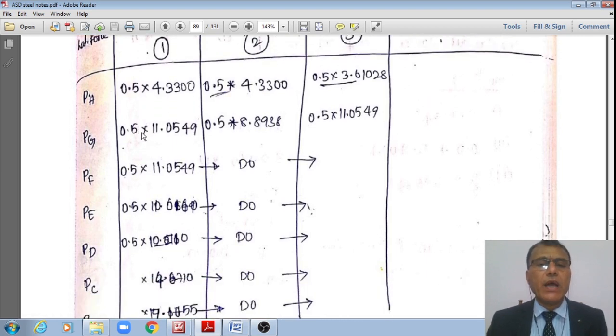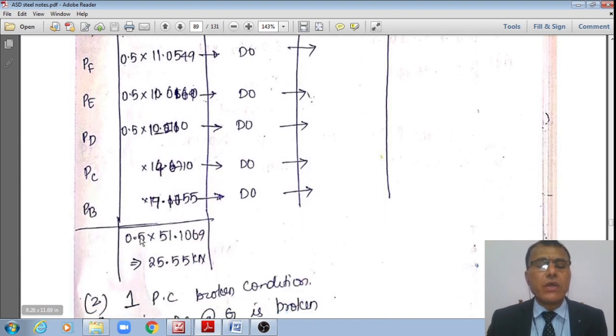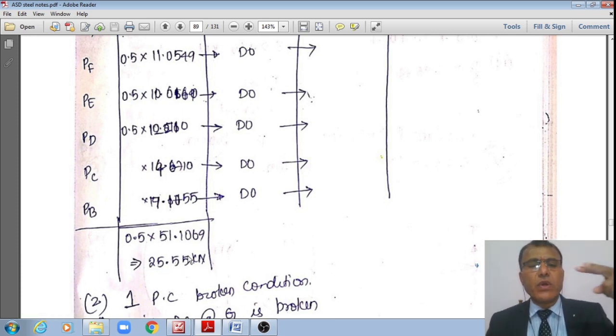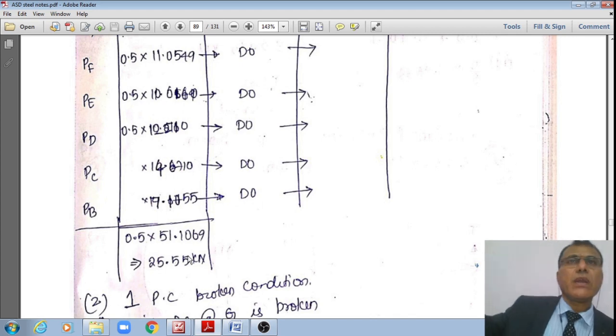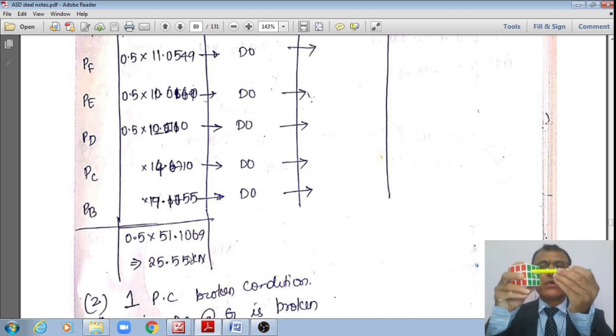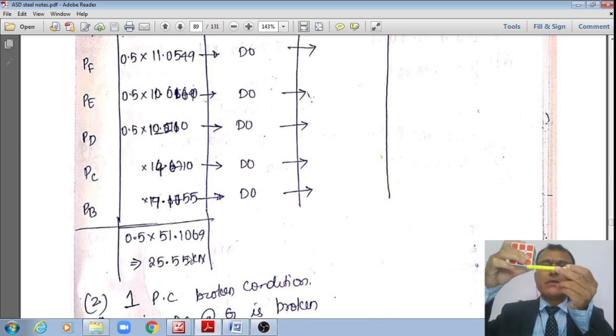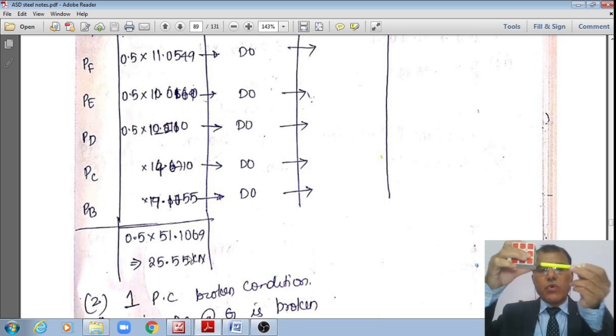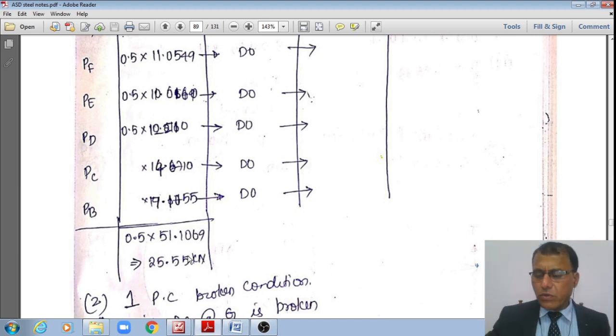Now, however, what is this 50%? On one plane I do have two columns, therefore that divided by 2, right? Therefore, on one plane the total force acting is 25.55. 25.55 is the total lateral force acting on these two members, right? That is all. Whereas at the bottom of each of these columns, only 25.55 divided by 2, that works out, say, around 12.7767, right?